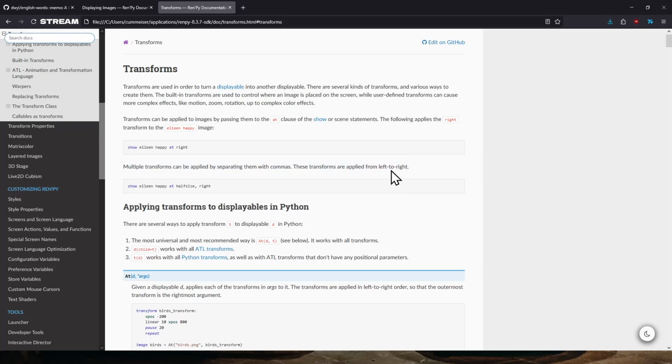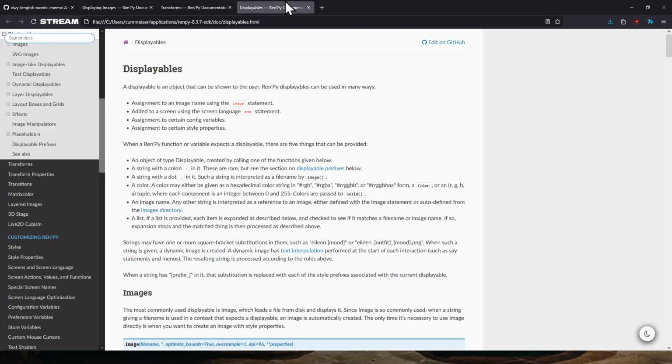Transforms are used in order to turn a displayable into another displayable. What does that mean? What the fuck is a displayable? See, this is when every look at